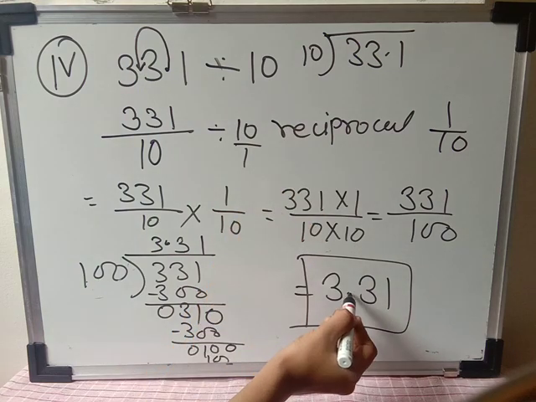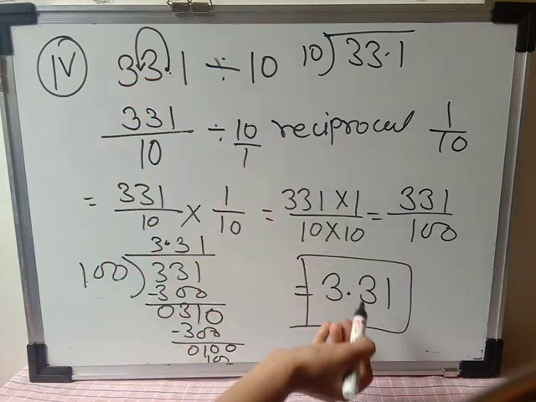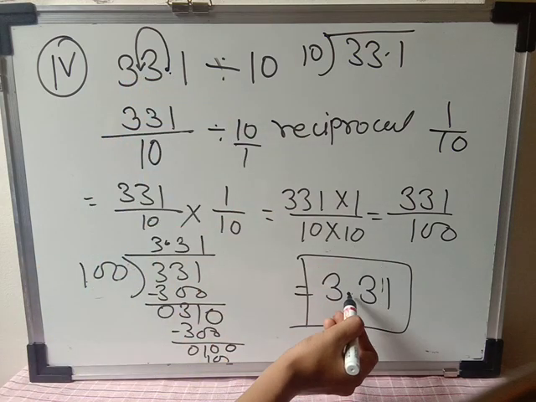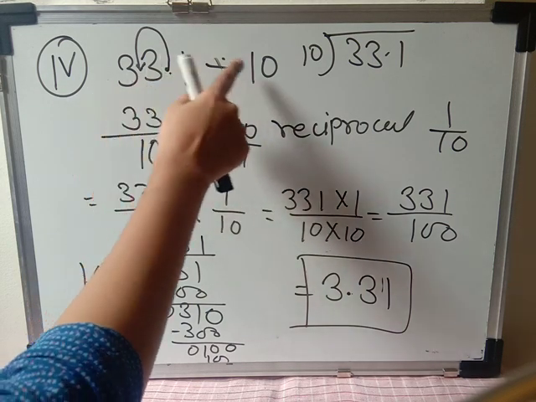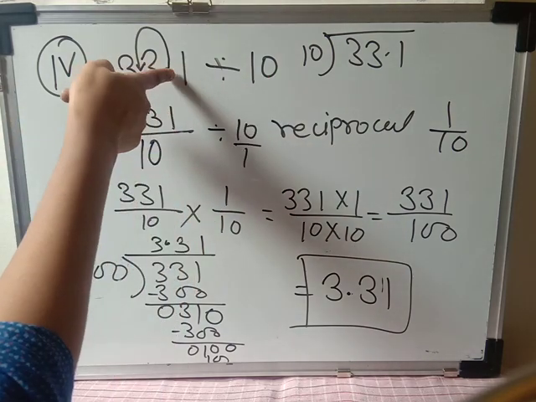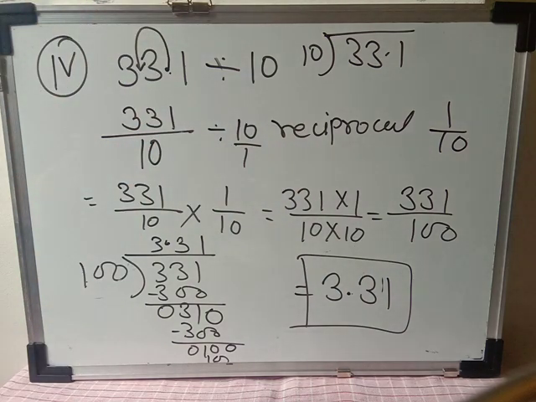So here, where has our answer come? In the first example the decimal is after 3, and in the answer the decimal has moved one place to the left side. This thing I told you in the previous session. I hope you paid attention in that session, so definitely you will remember what I said. I told you whenever you are dividing a decimal number by 10, the decimal point comes one place back, moving to the left side.